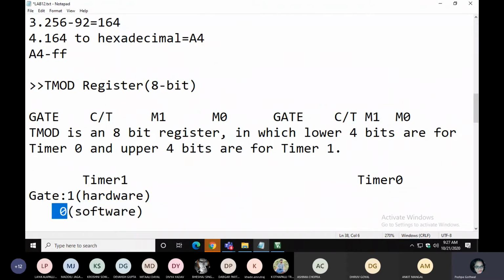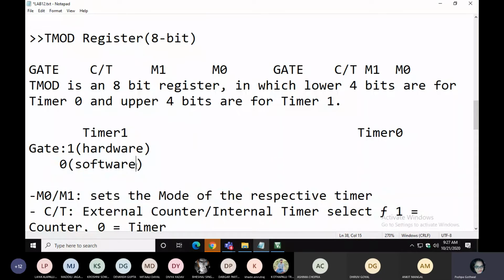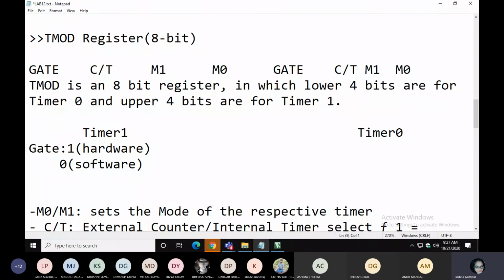In our case, we will start our timer via software, not by hardware.